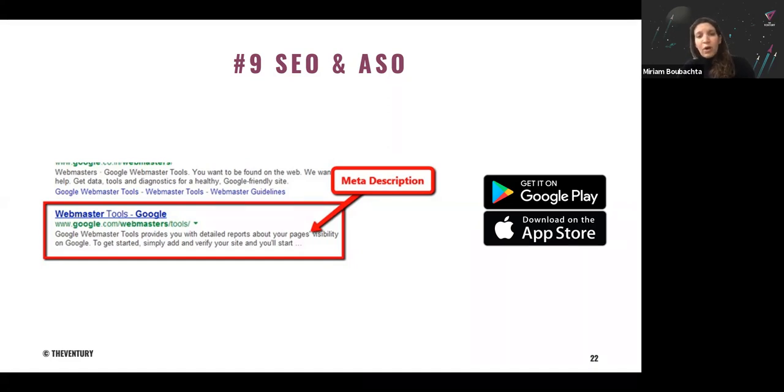The other one is on page, and there the trend is really you have to fulfill the search intent of the user. It's less about keyword stuffing anymore. Of course, you need to give Google enough bits and pieces of the keywords so that the algorithm can understand that this page is really about this topic. But